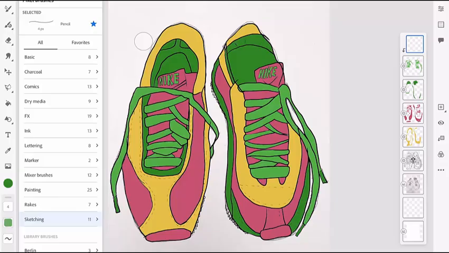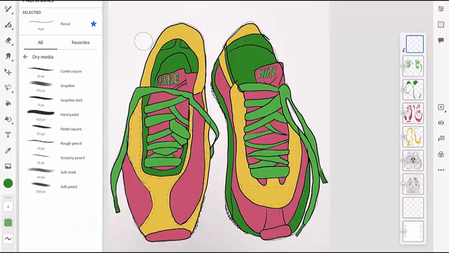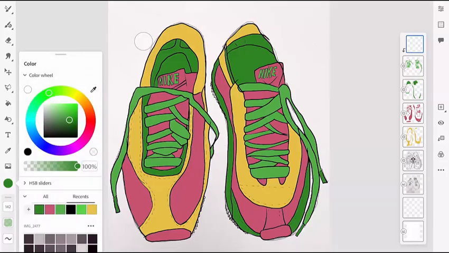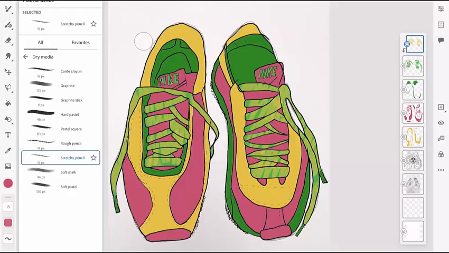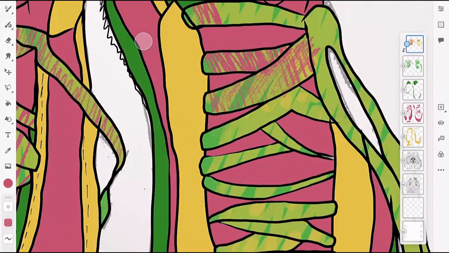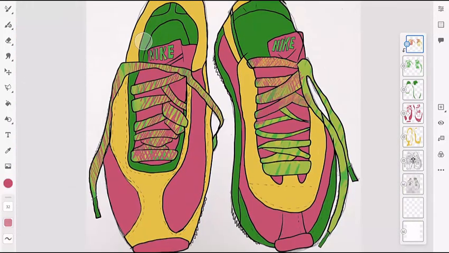What you're looking at now is the part of the illustration where we start to add tone and texture. Because we've got all our colours on separate layers, working with clipping masks is so easy to add tone and texture. So here you can see I've added a new layer, but we've got the bent arrow tool, which means that that layer is clipped into the laces. So whatever I do will only affect the laces.